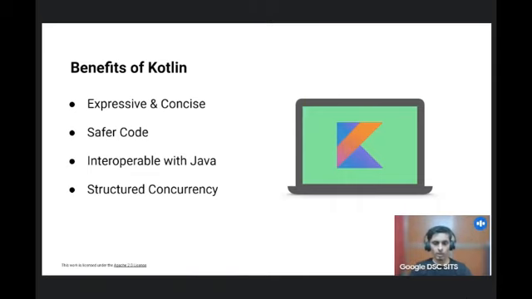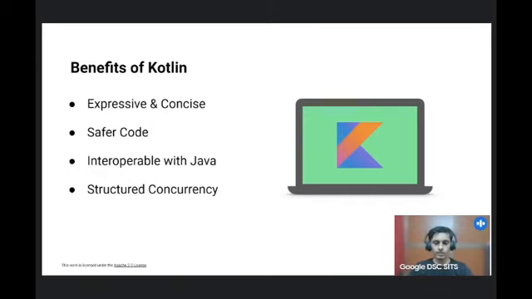Kotlin helps you write safer code with features that help you minimize common programming errors like null pointer exceptions. Kotlin is 100% interoperable with Java, which means you can call Java-based code from Kotlin and vice versa. It means while developing an application, you can use both Java and Kotlin. For example, if you already have an existing app written in Java, you can add more functionality using the Kotlin language.